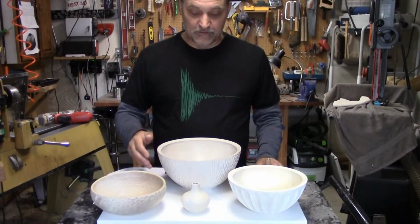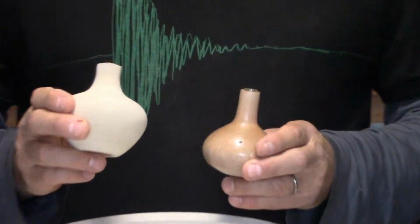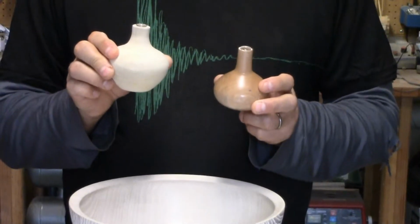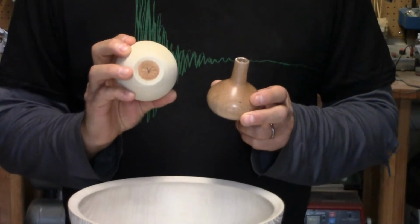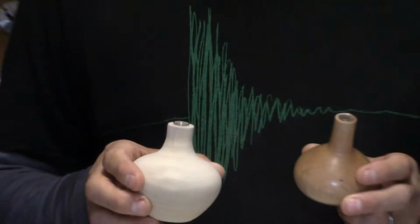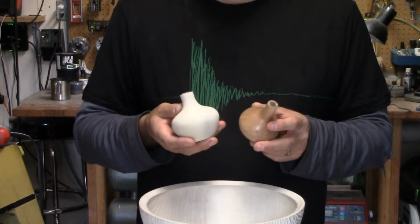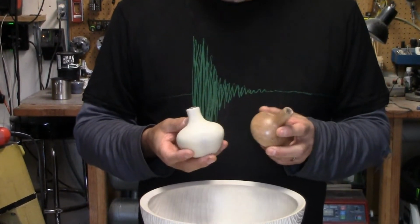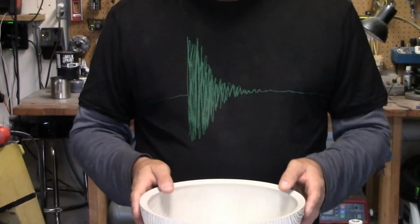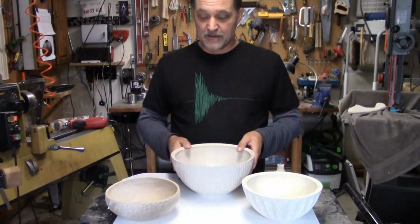And to give you a much more dramatic view of this, this is a piece of cherry. This is what it looked like before, and this is what it looked like bleached. And you can see the bottom still has the raw cherry color on it. So it's a nice way to enhance your wood, to make it almost look like porcelain or ceramic. I'll talk about where to source the chemicals, as well as how to prepare it to actually coat the